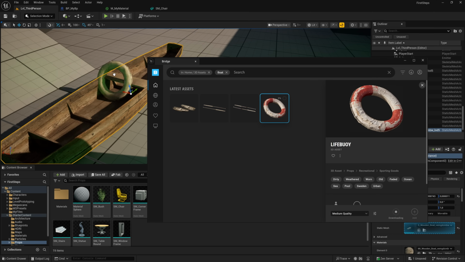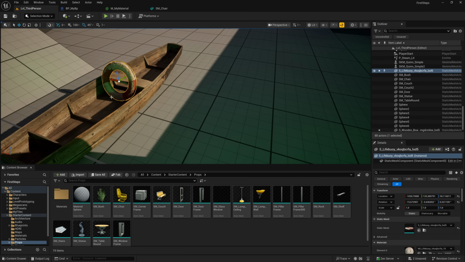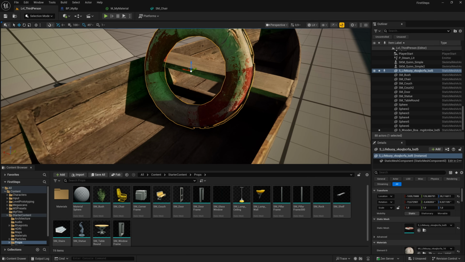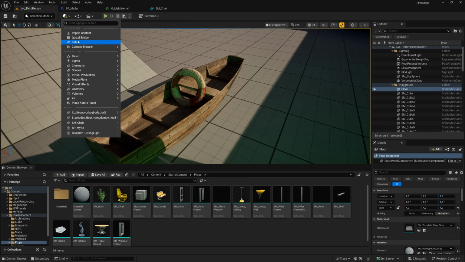And you can do this with any asset you want, so do not worry if the download option fails, just drag and drop it. This is just a quick example to show you how powerful Quixel Bridge is. We will not go deeper for now because I want to show you the Fab Store, which is even more interesting at the moment. In the Fab Store, you have a huge library of assets you can use to build